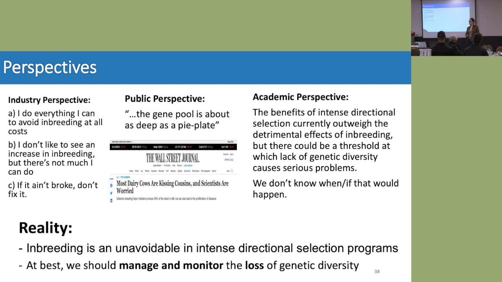Perfect, diplomatic answer. We've kind of been pointed at 7% inbreeding as a threshold for inbreeding. Does that hold weight? What do you as a geneticist think after this presentation? I don't know. 7% maybe was a number 10 years ago, but with how fast genetic gain is going now, maybe it needs to be far less than that, because it increases so much more quickly, right? And maybe it's not the percentage, but the rate of increase. That's probably more what we need to be aware of, right?